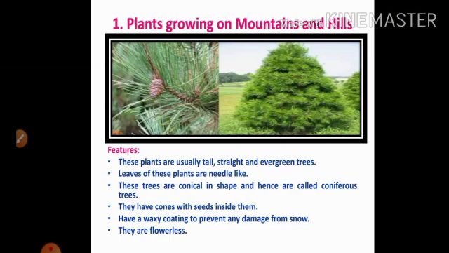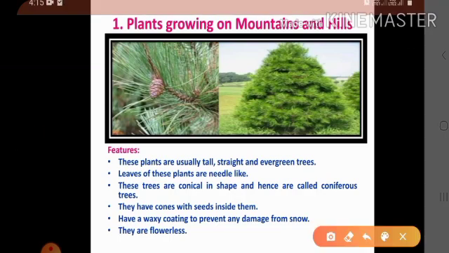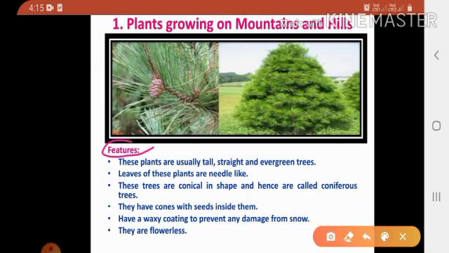First one, plants growing on mountains and hills. First, I will read the features. First one, these plants are usually tall, straight and evergreen trees. Second one, leaves of these plants are needle-like.